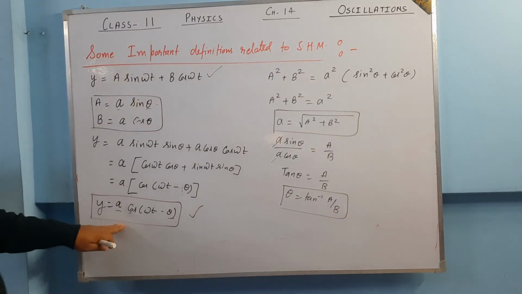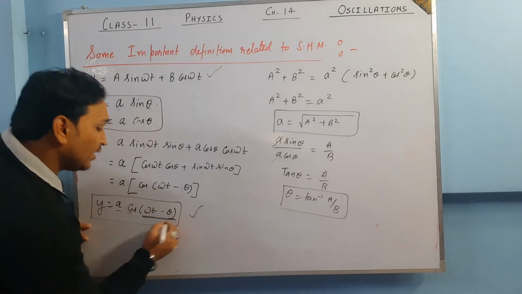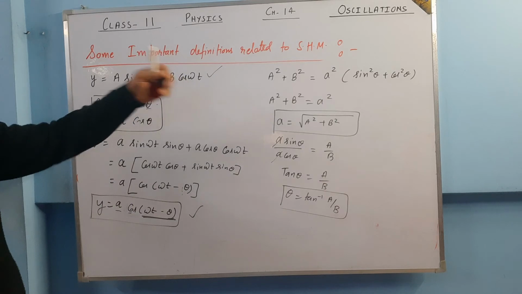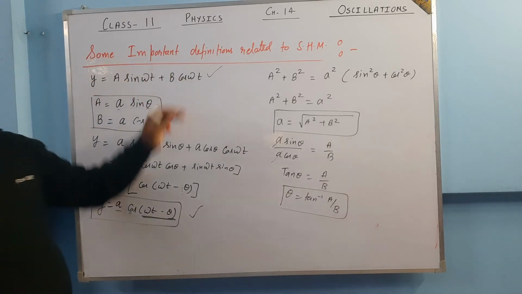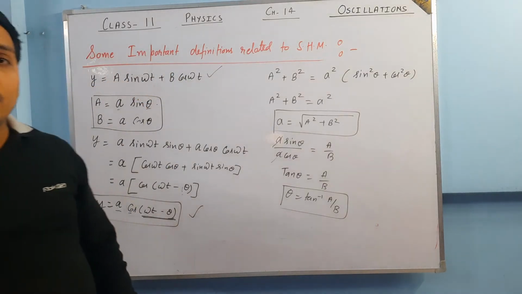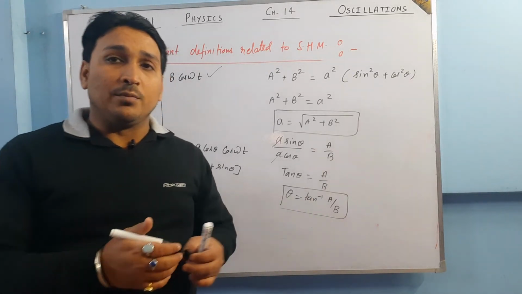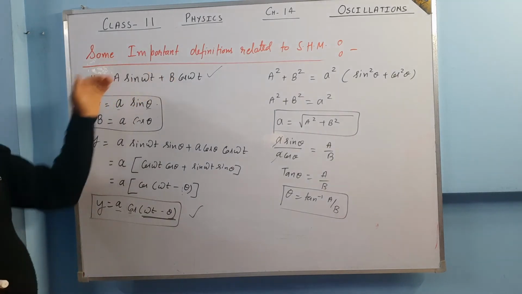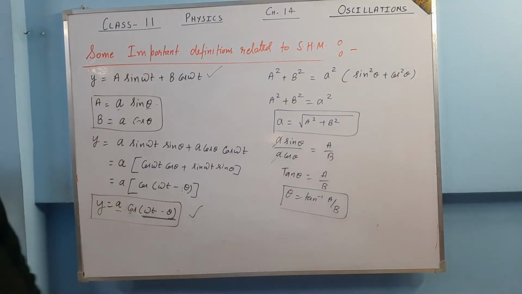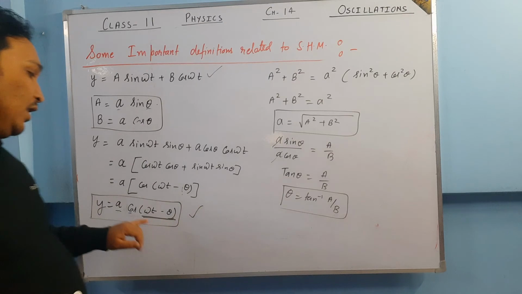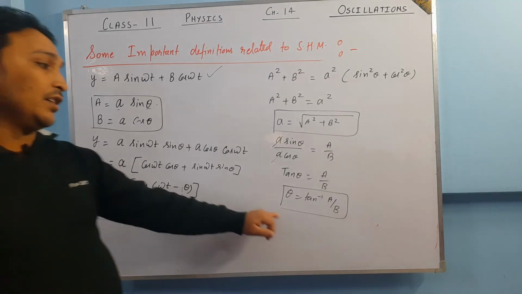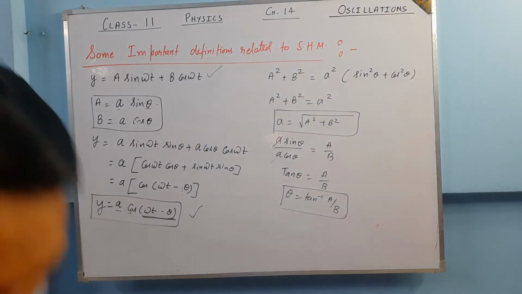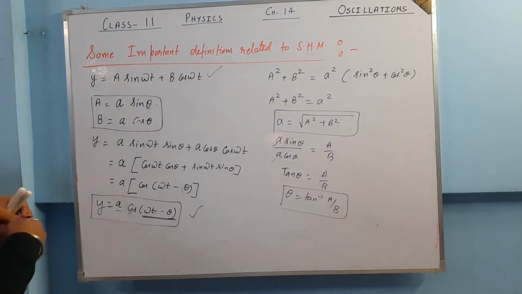So what is the phase in this equation? Phase is omega t minus theta. Here phase cannot be given when there is omega t in both terms and this is the sum of two functions. So phase cannot be given when the SHM is represented by summation of two trigonometric quantities. We have to convert that equation into a single sine or single cosine function, and then we can give the phase. Here the phase is omega t minus theta, where theta is equal to tan inverse A upon B.